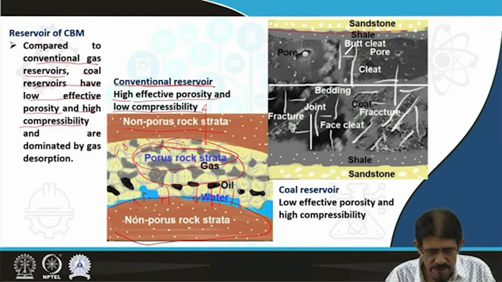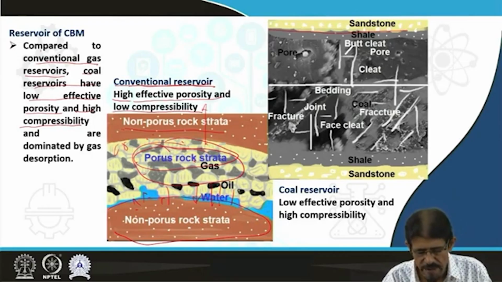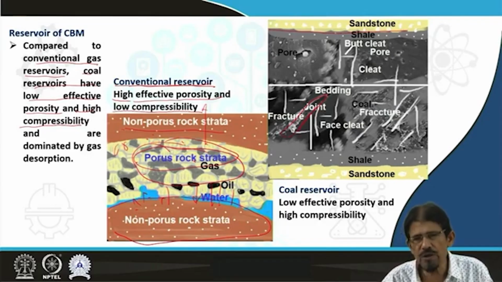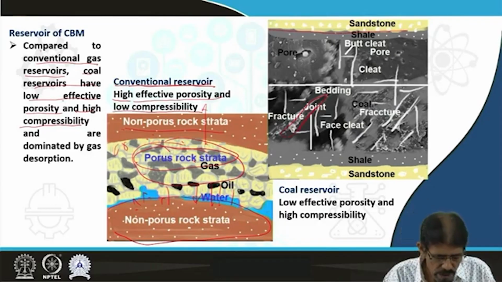However, conventional reservoirs have high effective porosity and low compressibility. Why does the coal reservoir have this? Because of the presence of this, the coal reservoir has low effective porosity and high compressibility,